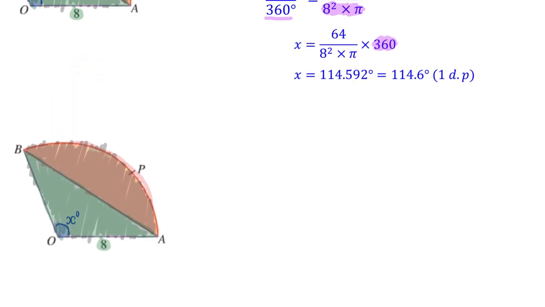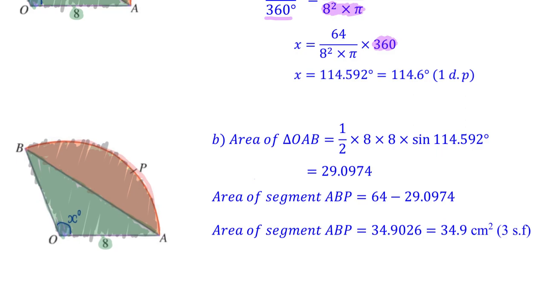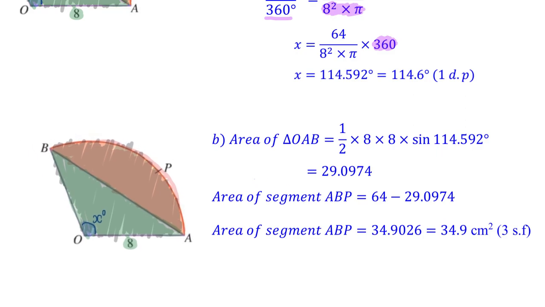In my working here, you will see that for the green color area of the triangle OAB, I'm going to make use of what we call the area of a triangle, half ab sine C. So in case you don't already know, half times 8 times 8 times sine of 114.592 degrees. This will actually give me the area,